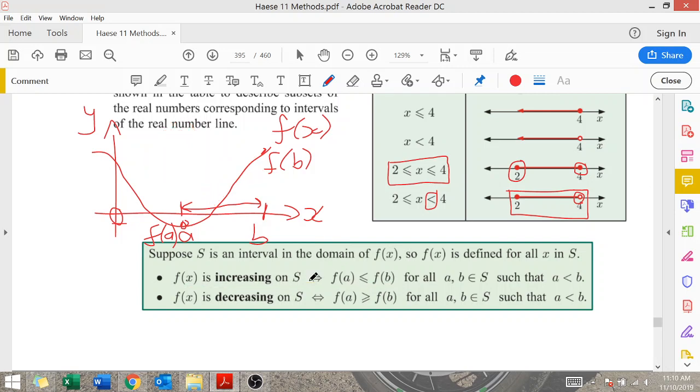We are only interested in cases where for the entire region, it's going up, is the simple way of saying that. So we can say that f of x is increasing in this interval S when it's always going upwards, or it's not going downwards. So it might plateau for a bit, go flat for a bit, but as long as it's increasing, that's the main thing. On the other hand, if it's decreasing, so let's say we had,